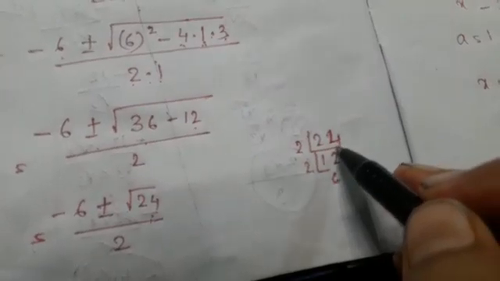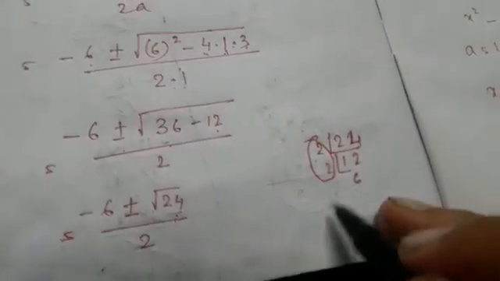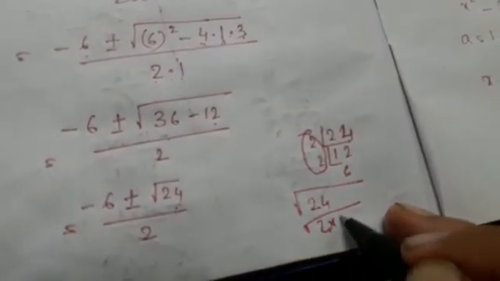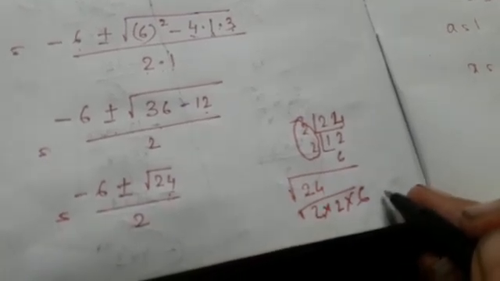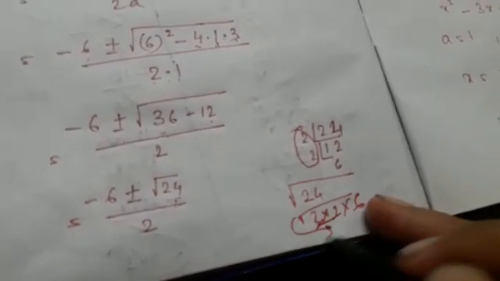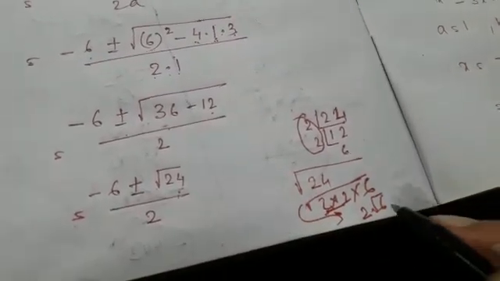Now see students, this 24 can be further factorized. So if you will take the factor of 24, so 2 you will get 12, again 2 you will get 6. Now see, you are getting 2 2's, a pair. So this root under 24 can be written as 2 into 2 into 6. This 6 you can write further 3 into 2, but there won't be any pair, so you can keep 6 only, right? From this 2 2, 1 2 is coming out of the root because it's a pair, and since the 6 has no pair, it is staying inside the root. So root 24 means 2 root 6.